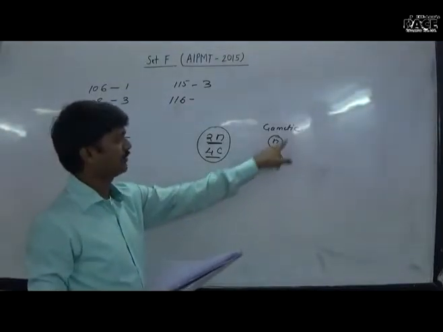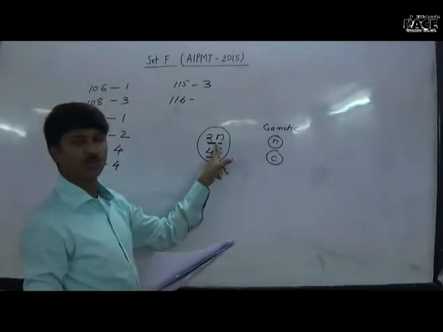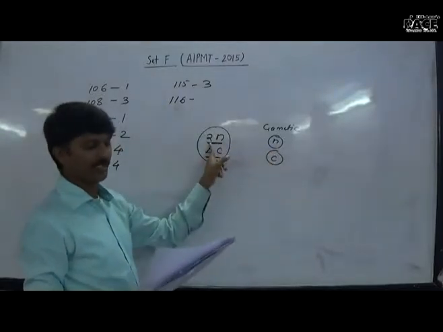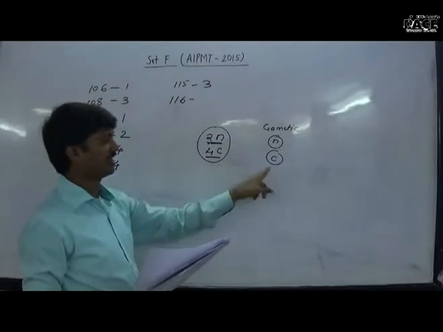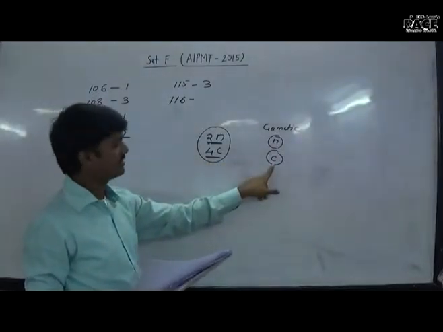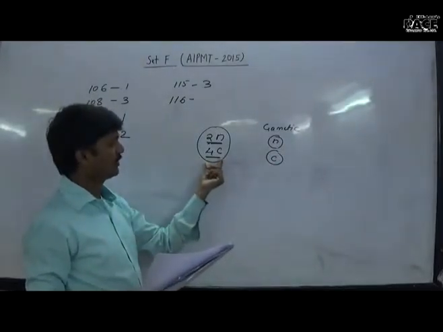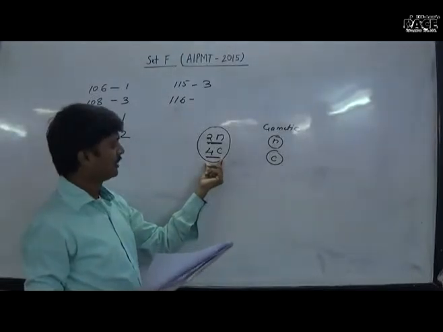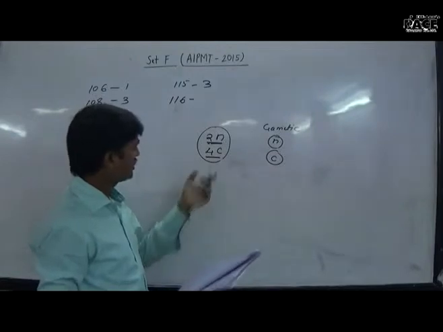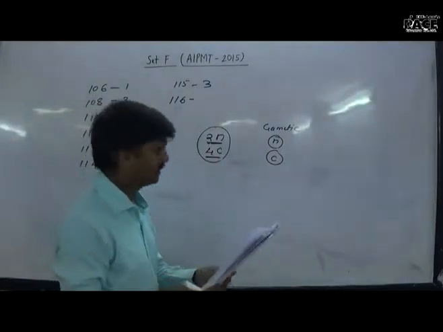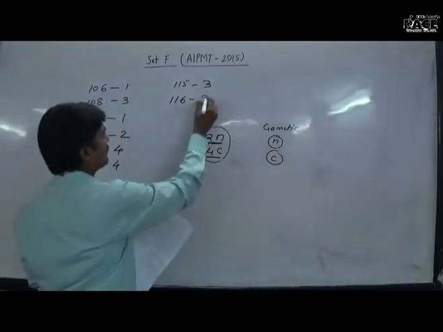See, the gametes have N and the number of chromosomes is twice, so N and 2N, and then again 4 times the amount of DNA. See, the amount of DNA in the gametes is C, and in that S phase cell or the diploid cell, it has 4C up to the S stage. So the answer for 116 is second.